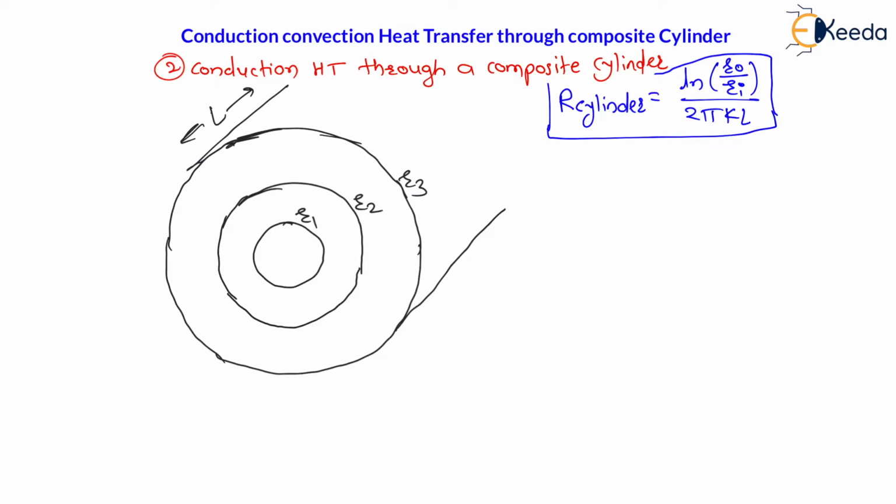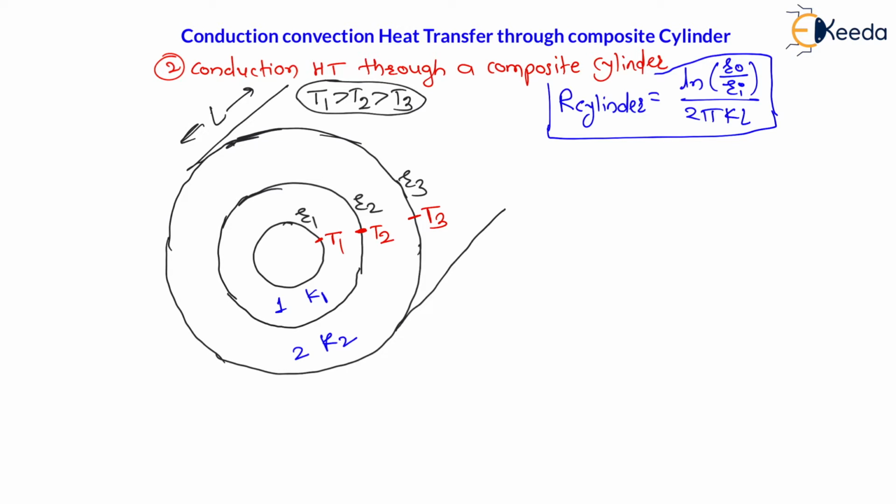Now, my dear students, this is the first cylinder with thermal conductivity K1, and this is the second cylinder with thermal conductivity K2. These two cylinders are one over the other. Let us set the temperatures. At radius R1, the temperature is T1. At radius R2, the temperature of the surface is T2. At radius R3, the temperature of the surface is T3. Here I am assuming that the most inside temperature is highest and the outside temperature is lowest. Therefore, T1 is more than T2 is more than T3.